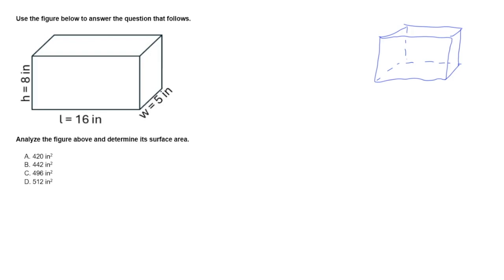So now let's review the formula to find the surface area of a rectangular prism. The surface area of a rectangular prism is equivalent to 2 times length times width plus width times height plus length times height. If we want to think about the surface area formula in a slightly different way, it's like saying if we find one side, like this front face, which would be our length times our height, then we could say this equals 2 times our length times height